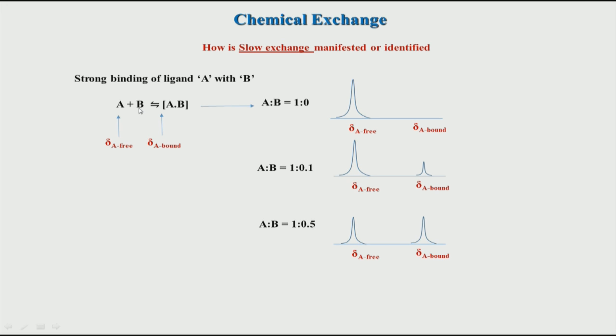If it is a strong binding, then 0.5 of B will interact with 0.5 of A and they will form a complex. So, we are assuming it is a 1:1 stoichiometry, meaning one molecule of ligand binds one molecule of the protein. In such a scenario you will have 50% of the population in the free form and 50% of the population now in the bound form.